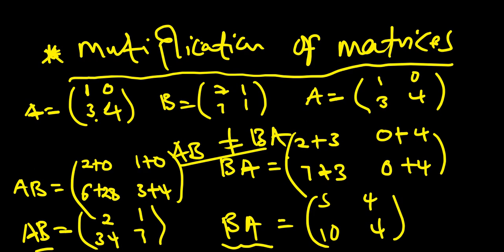Maybe it can work when you're using the identity matrix, because the identity matrix, when we come to linear algebra, is the same as 1. So when you multiply any matrix by the identity, it's the same as the identity multiplied by the matrix. So this is the only exception, but the rest, as long as you have two distinct matrices and you multiply them, they will never be